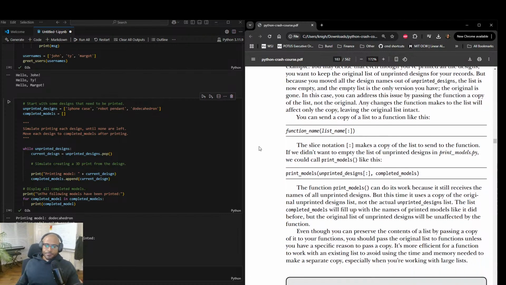Okay. Function, list name. Oh, the slice. I remember this. Make a copy of the list. Okay.